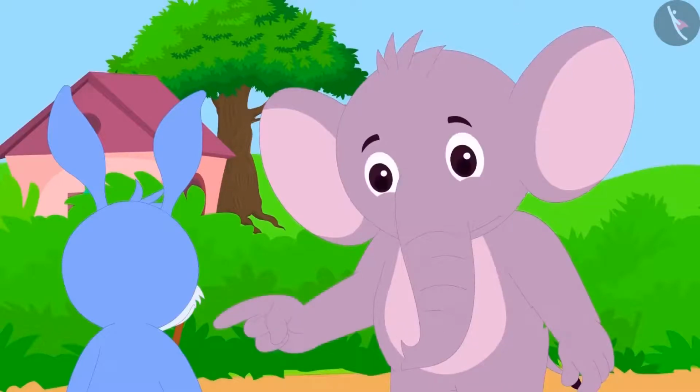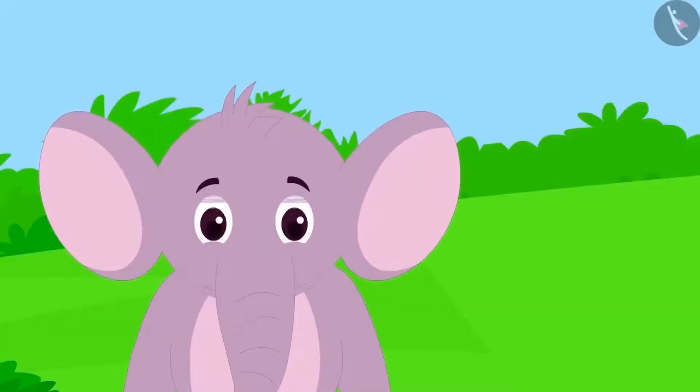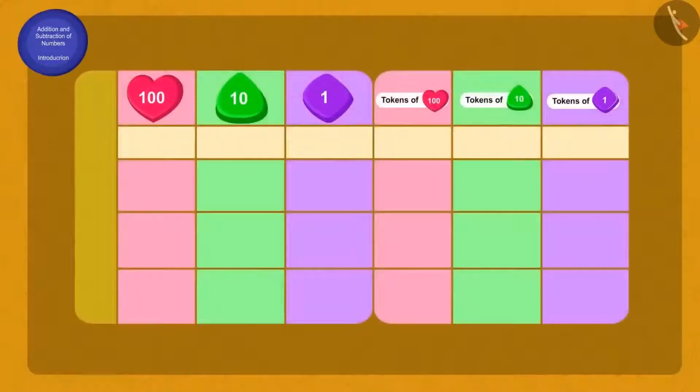Upon asking Bunny the reason, he again gave the same story of the wolf. Appu was sad and now he was wondering how many sheep he is left with. Can you again help Appu calculate? To find out the total number of sheep lost, we will add the number of sheep that went missing the first time to the number of sheep missing the second time, that is 135 and 127.